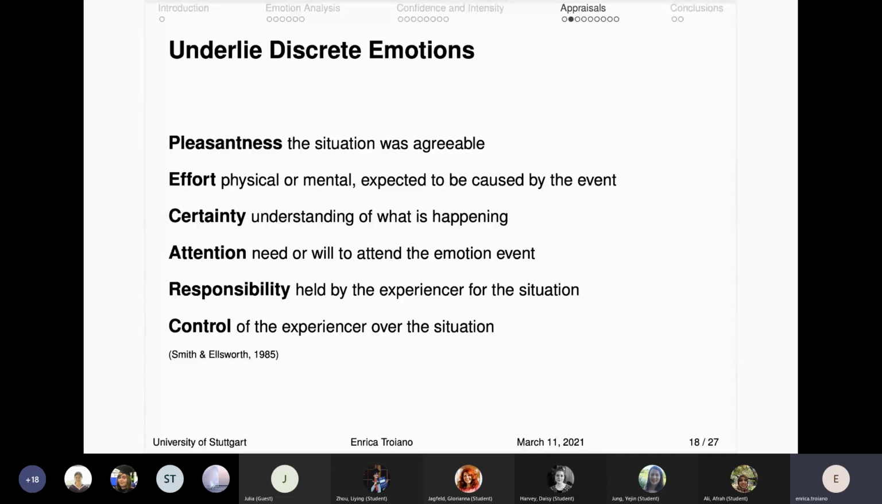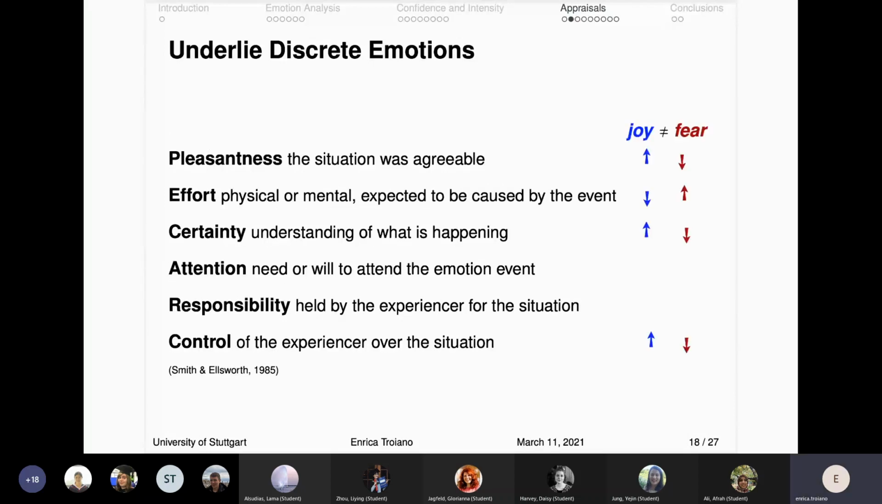Certainty. We evaluate whether we are understanding what is going on. Attention. We evaluate whether the situation requires us to focus more or whether we want to attend the situation further. Then we have responsibility, according to which we evaluate if we are responsible for bringing about the situation. And we have control. We evaluate whether we can change the development of the situation. These dimensions give us a structured way to differentiate different emotions, in the sense that specific emotions may be differently